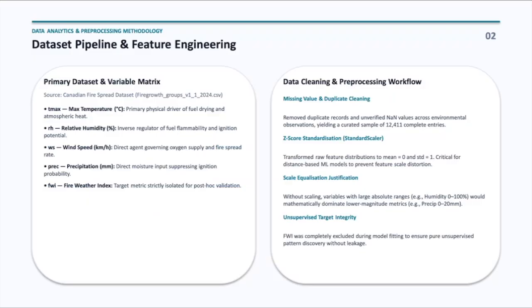To address this question, the Canadian Fire Spread Dataset was utilized, focusing on key daily weather observations. 4 primary variables were selected for clustering: maximum temperature, Tmax, which dictates the dryness and ambient thermal intensities. Relative humidity, RH, directly influences moisture retention. Wind speed, WS, is the primary driver of fire acceleration and the rate of spread. Daily precipitation, PREC, represents natural suppression and moisture inputs. These 4 variables were chosen because together they cover all the main physical drivers of wildfire behavior.